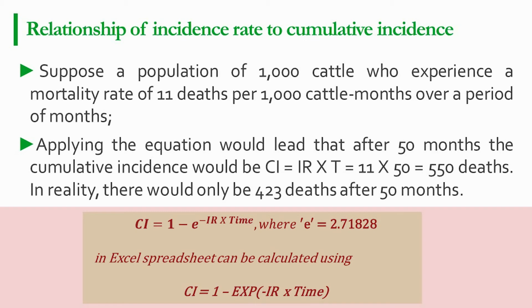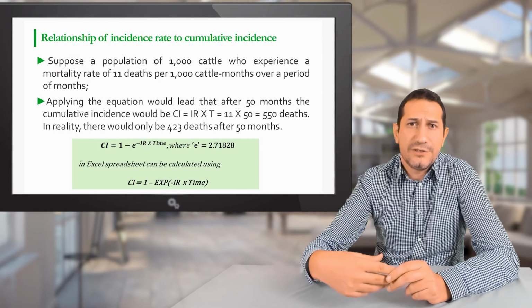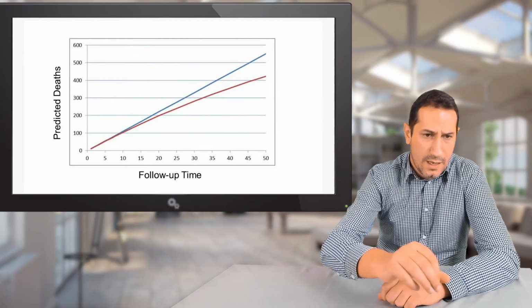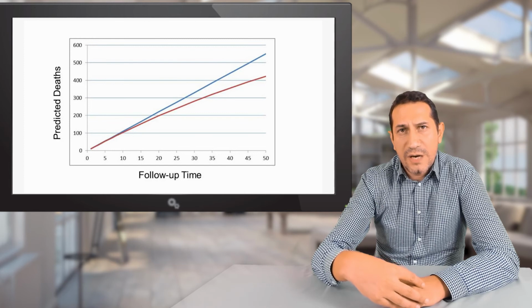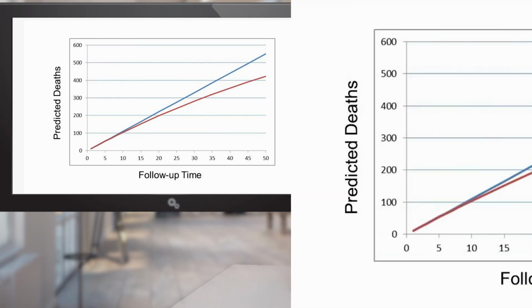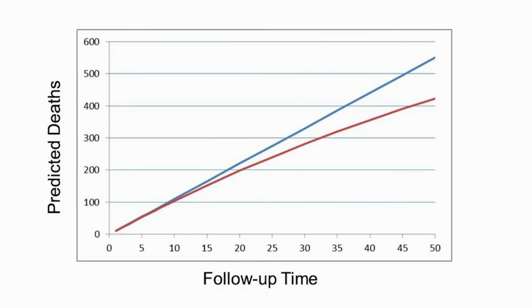It's used in many mathematical relationships, especially describing either a growth or a decay over time. And if we look at this graph, the blue line is the calculation without the constant, and then there is the improved version of the formula, which gives